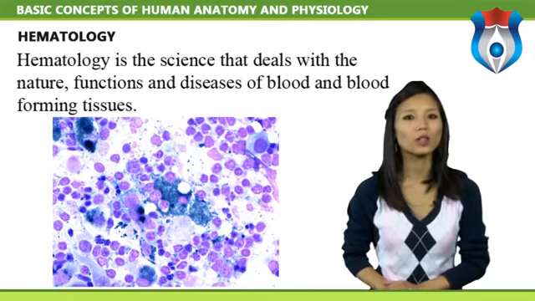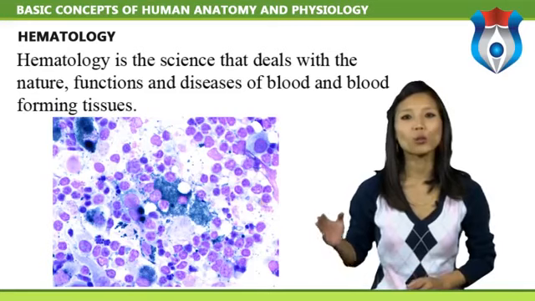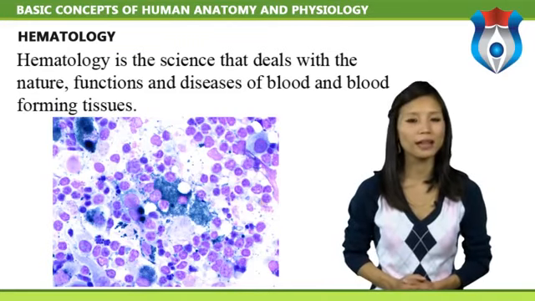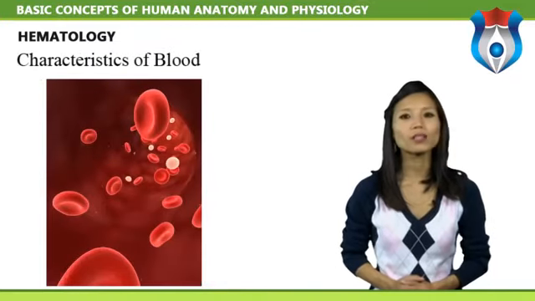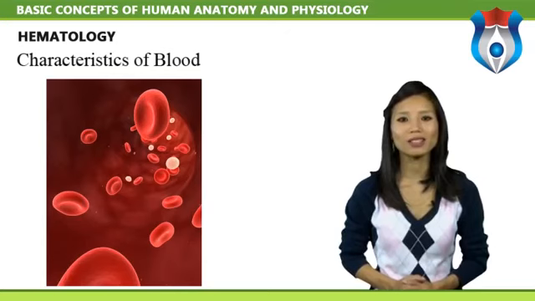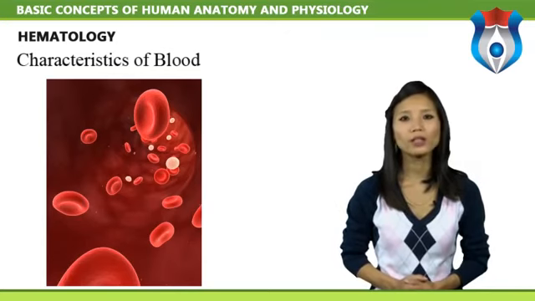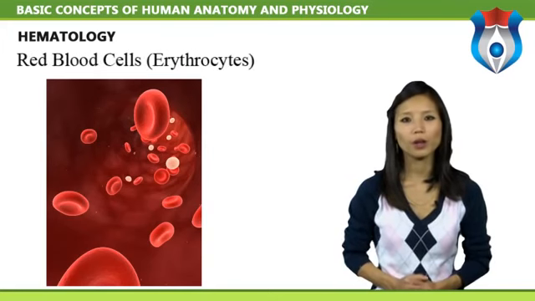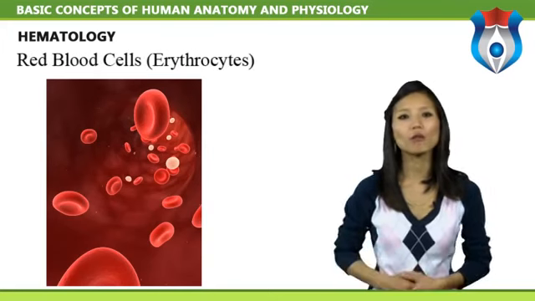Blood is a fluid that circulates throughout the body via the arteries and the veins, providing vehicles through which different substances are transferred between the various organs and tissues. Characteristic of blood. Blood cells are made up of red blood cells, erythrocytes, white blood cells, leukocytes, and platelets. Red blood cells, erythrocytes. 1 cubic millimeter of blood contains about